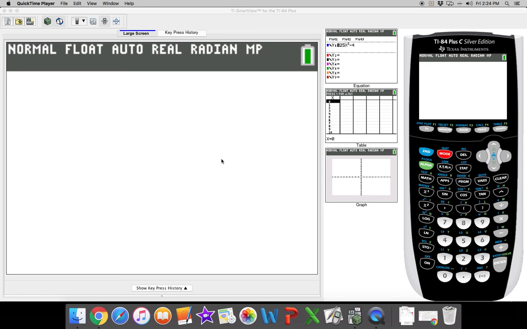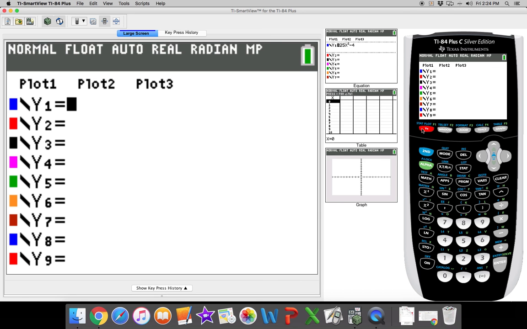...do our x-intercepts of a given function. So we're going to start with one. To enter your function or your equation, you need to go to your y equals, and you're going to enter it as seen in the question. So I'm going to enter negative 2.5 x squared